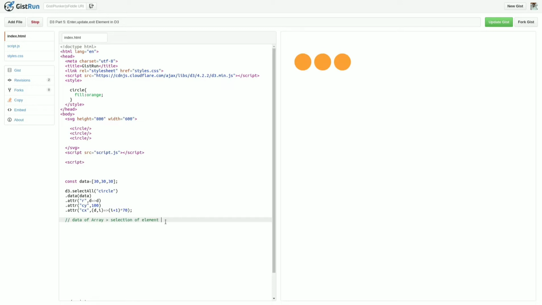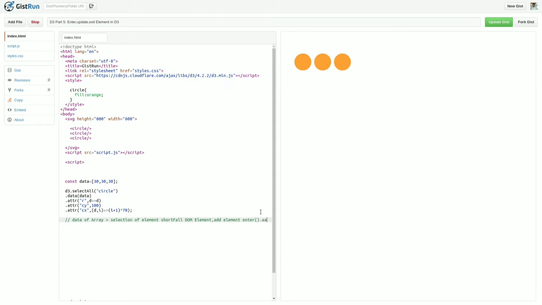Then it is called a shortfall of DOM elements. So in this situation we need to add elements. Here you can see if I provide an array of 5, then only 3 circles are available, so this situation is called a shortfall of DOM elements. In this situation we need to add some extra elements, and this adding of extra elements we can achieve using the enter